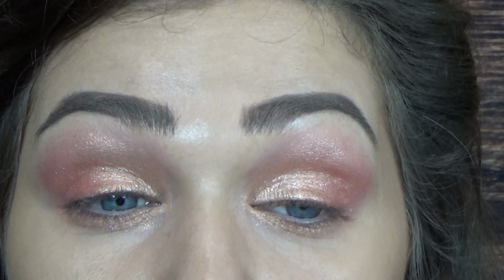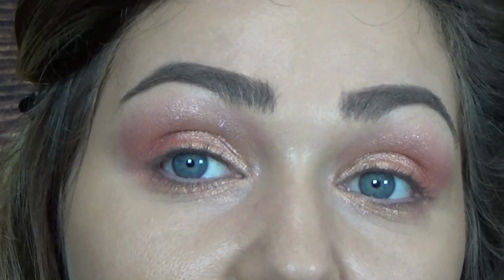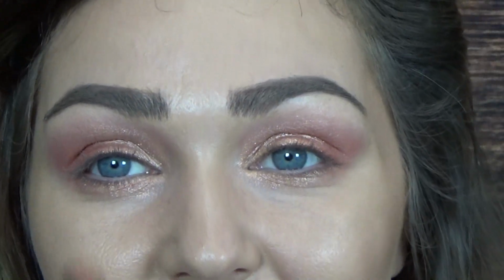At least 2 layers. I don't need a 3rd layer. I didn't even need the 2nd layer because it's opaque. But I just wanted to mix these 2 colors together and see how that would work. And it's working beautifully. Alright, so I also want to try this blush, which again, may not go with this